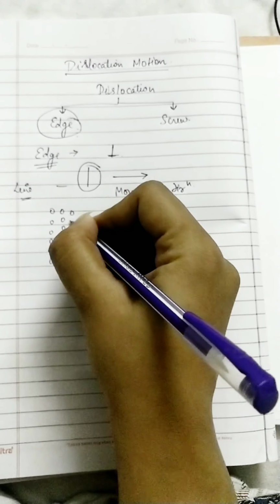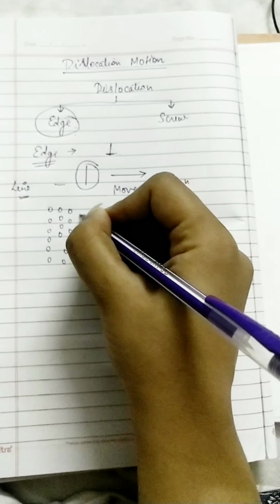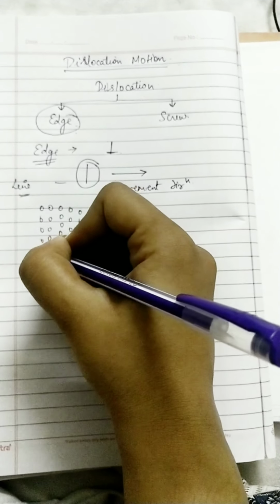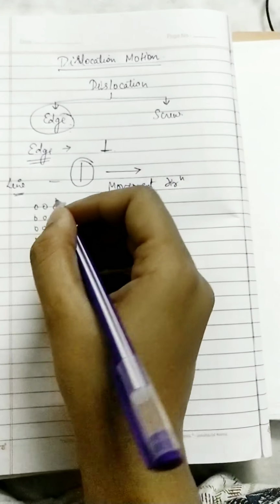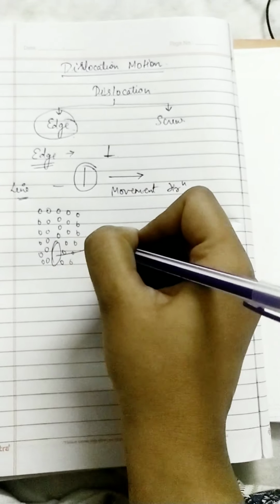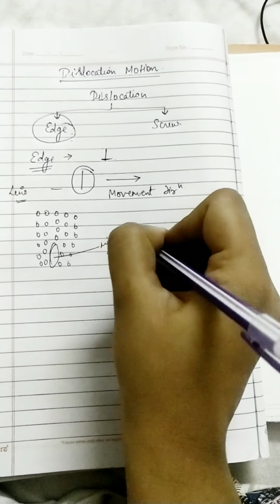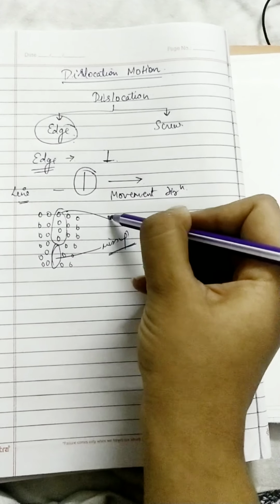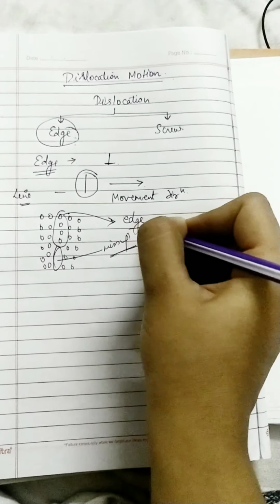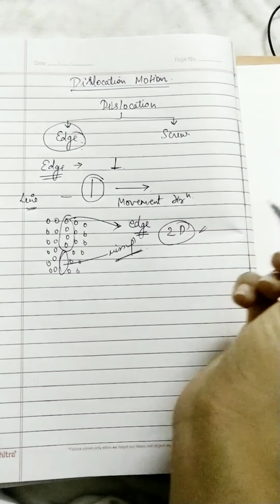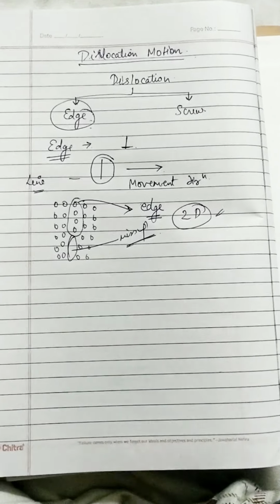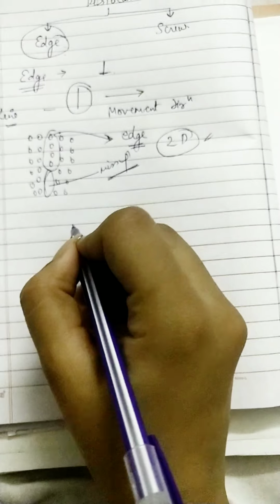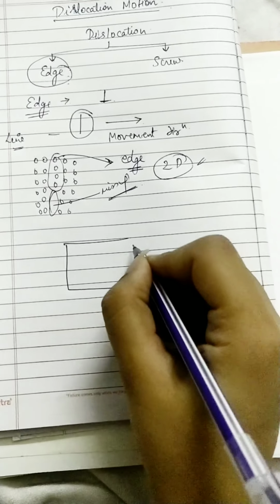I have drawn a number of atoms, and I have introduced a defect in between, as you can see. You will find a vacant space, right? This is the vacant space, and the side atoms are attracted toward it because the space is vacant, while above this incomplete array is the dislocation. Now, what is edge dislocation? This can be understood as edge dislocation, but this is not the edge dislocation. I will tell you in detail. This edge dislocation is 2D.